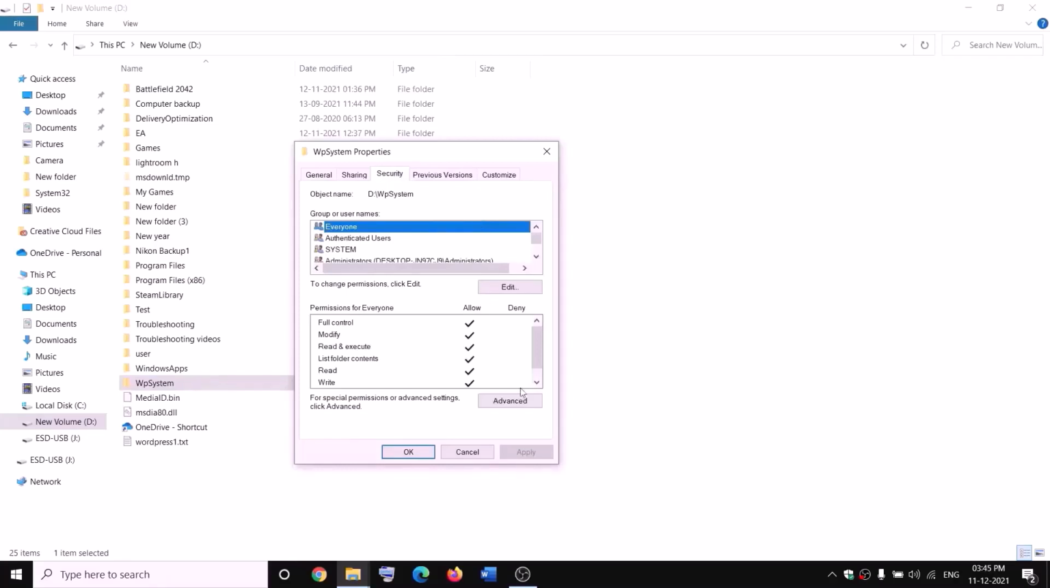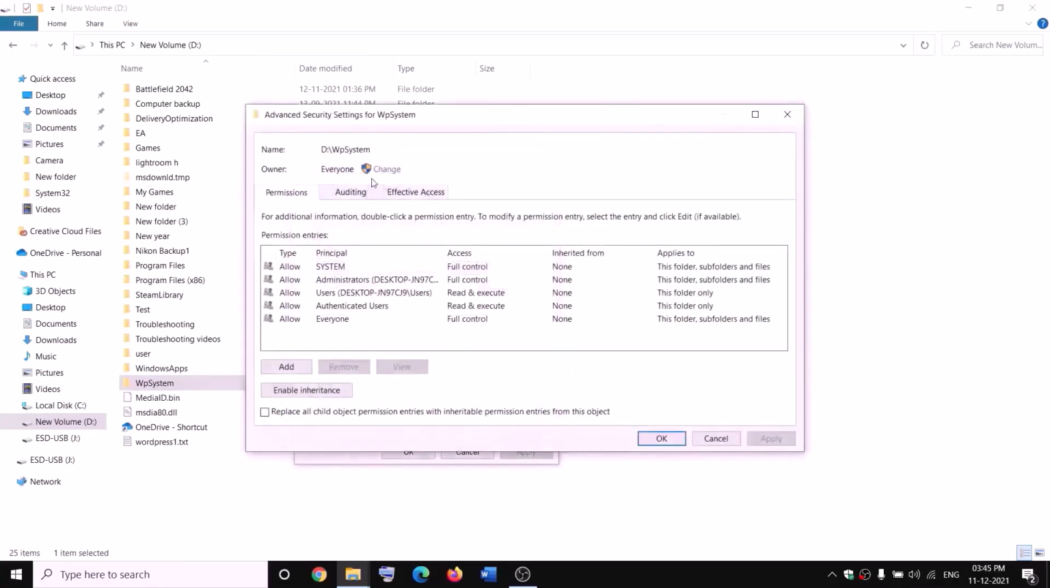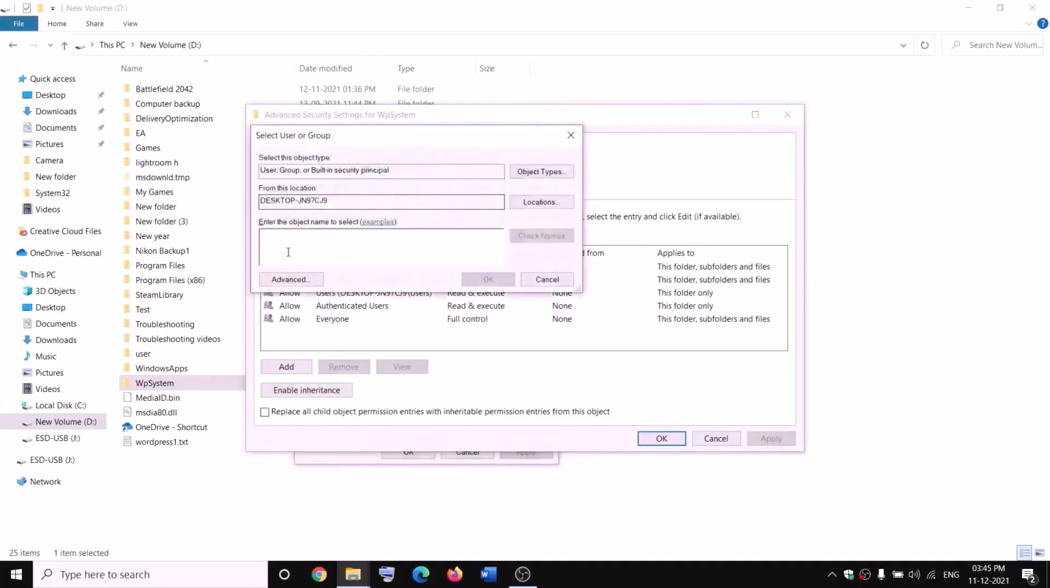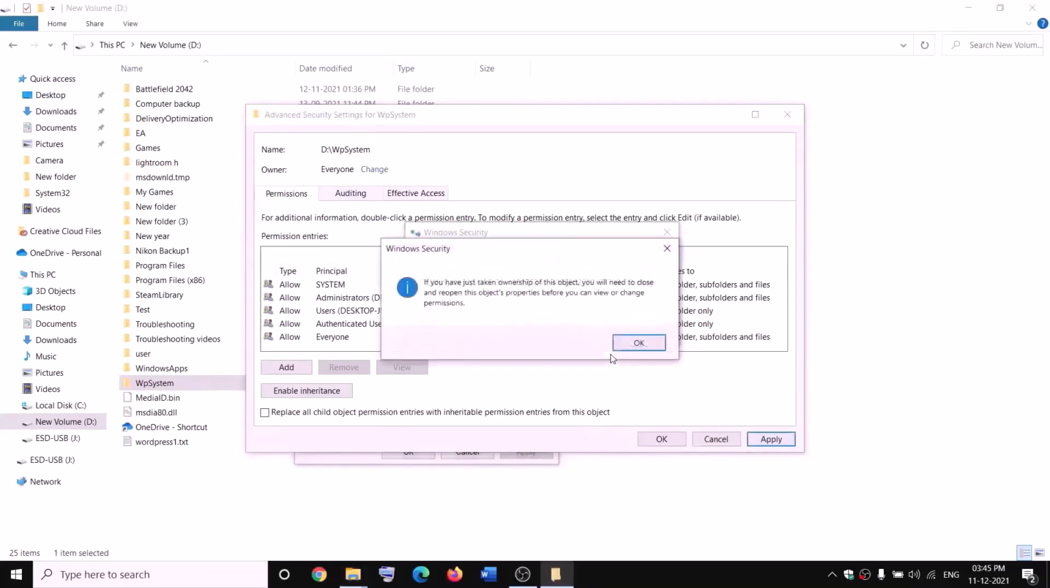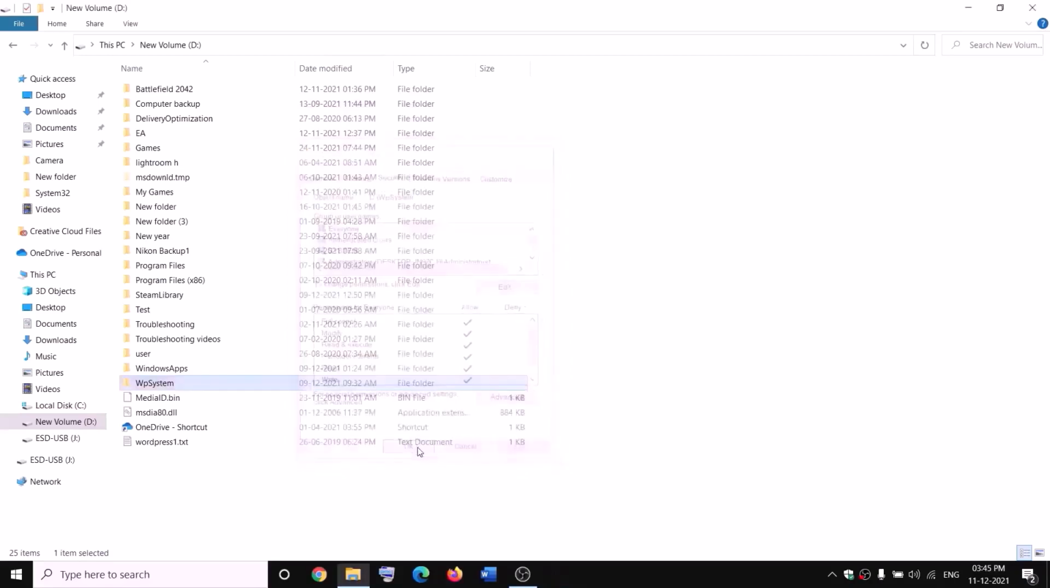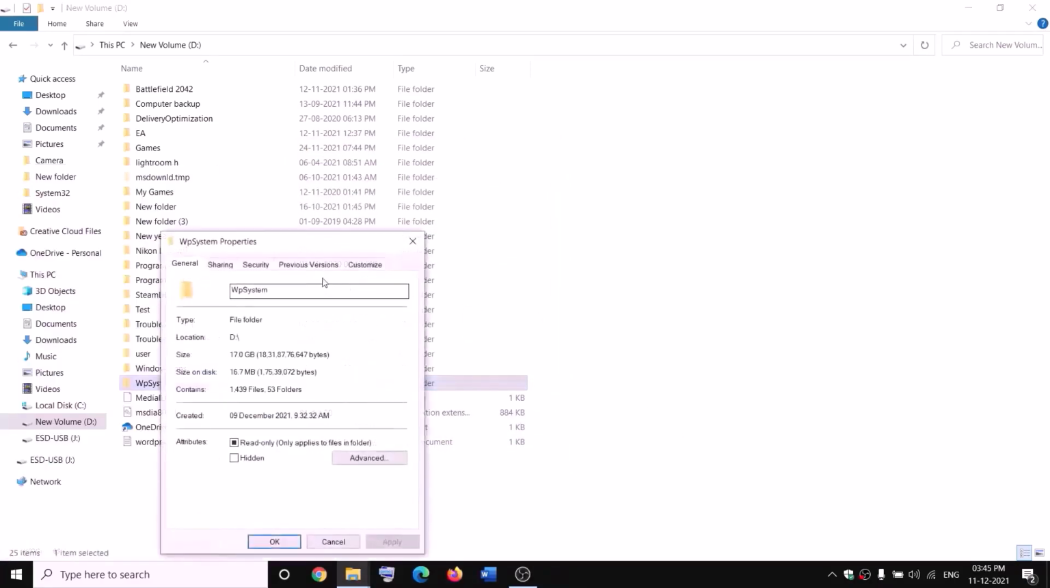So go to security tab and then click on advanced. Now click on change over here and then type in everyone over here, and then click on check names, then click on OK. Now put a check on the box which says replace owner on subcontainers and objects, and then click on apply. OK, OK, OK, and then again make a right click on WP system folder, select properties once again, go to